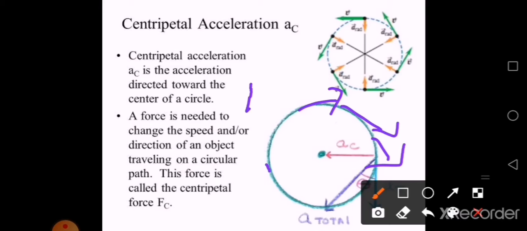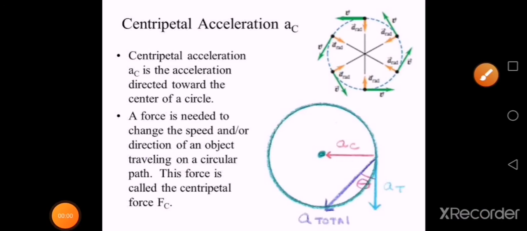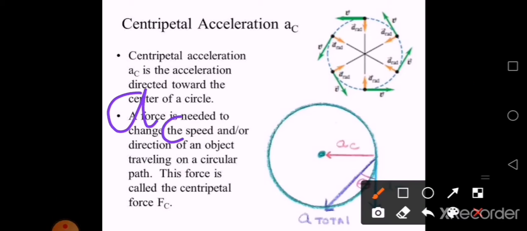Now if there is a continuous change in velocity, automatically there is an acceleration. Change in velocity results in acceleration, and this acceleration is always towards the center of the circle, and hence you have the term centripetal acceleration. I have already told you the centripetal acceleration is denoted with the symbol a_c, or simply a also you can write. Now this is given by v square upon r. The centripetal acceleration equation is given by v²/r.